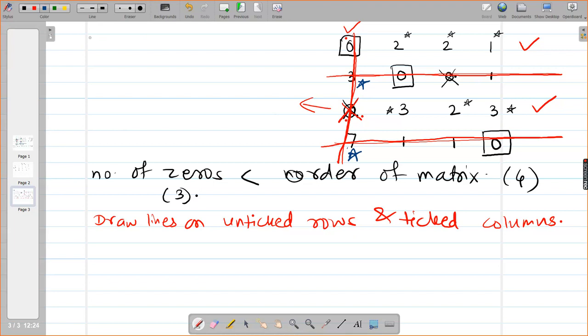So 0 will be as it is. Then 2 minus 1, 1. 2 minus 1, 1. 1 minus 1, 0. Now 3 plus 1 will become 4. 0 as it is, 0 as it is, 1 as it is. 0 as it is on the single line. 3 minus 1 will be 2. 2 minus 1, 1. 3 minus 1, 2. Now 7 is at intersection, so add 1 to that. So it will become 8. 1 as it is, 1 as it is, 0 as it is. So what has happened? I have introduced one more 0, namely here. ये जो 0 आया है ये मैं introduce कर सकी एक और.